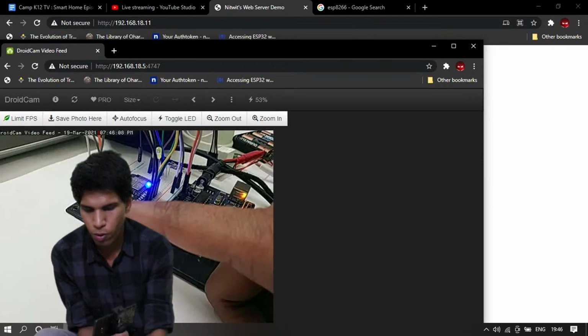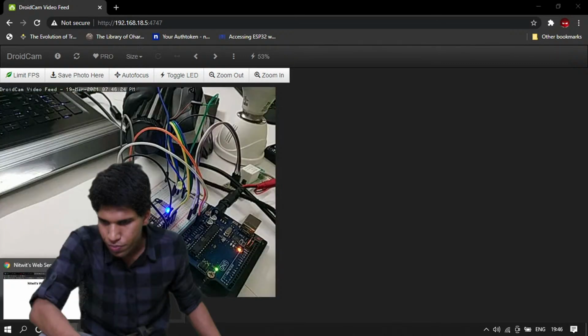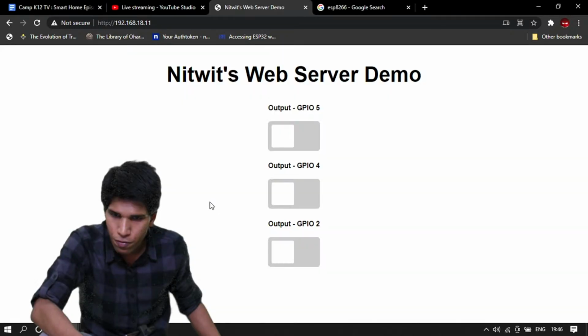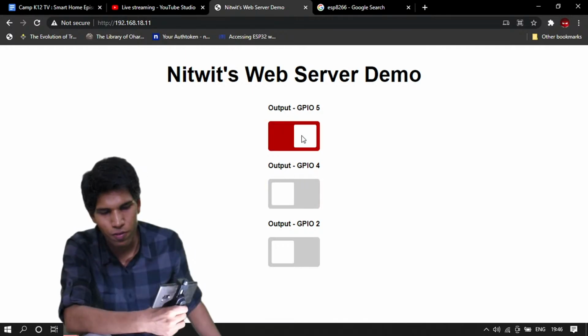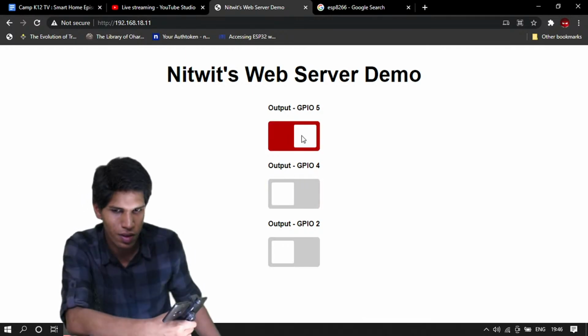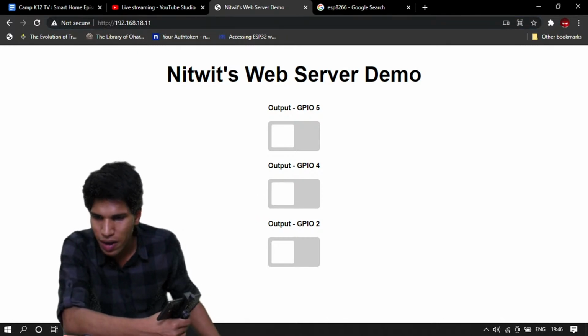Once the code is uploaded, all you have to do is connect your Node MCU to a battery source, and then you will be able to turn your appliances on or off through the internet. This is a local IP, so you won't be able to access that.